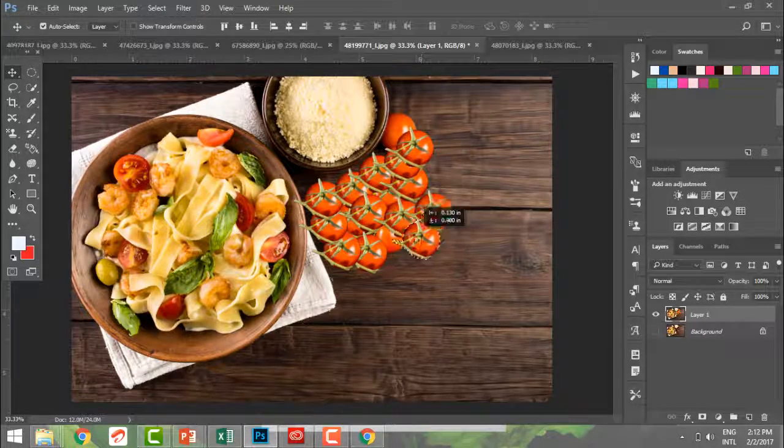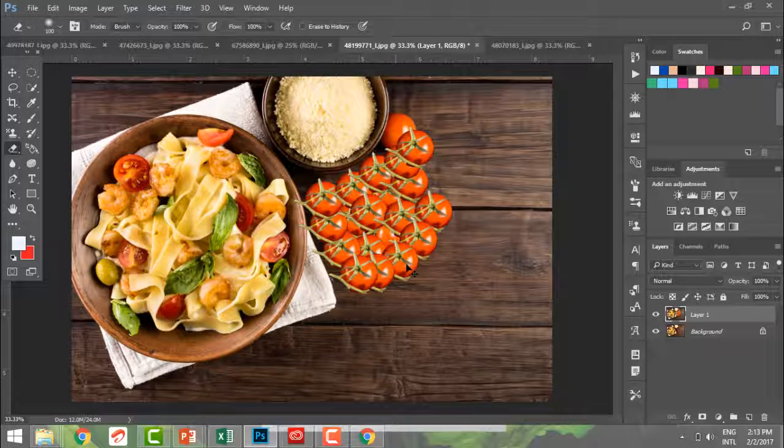Now what I have realized is that I wish I had not done it. I feel that I want to get rid of these tomatoes. They are becoming too many. What I can do is go ahead and make my background layer visible. I can do a Control D or Command D to deselect my selection. I can pick the E eraser tool,